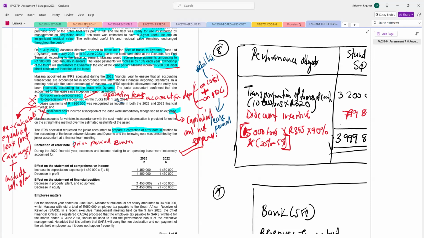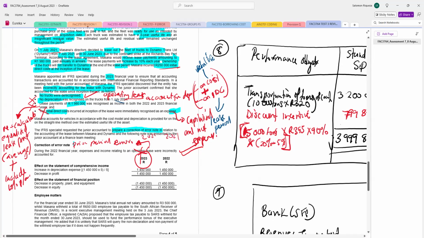Then this is the current year. This is wrong. Okay, remember it's prior period error. This is supposed to be errors of the past, where the financial periods were already closed, not the current year errors. Errors of the past, right? So here, including the 2023 items, it's incorrect. Supposed to be 2022 here, and then 2021, because this error started a long time ago. If you go back the story,